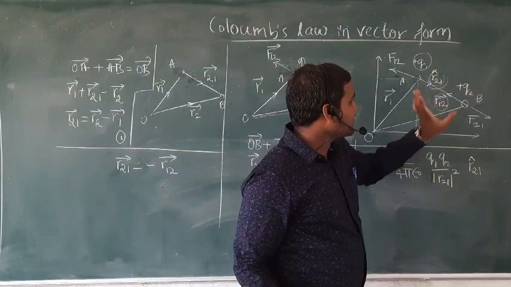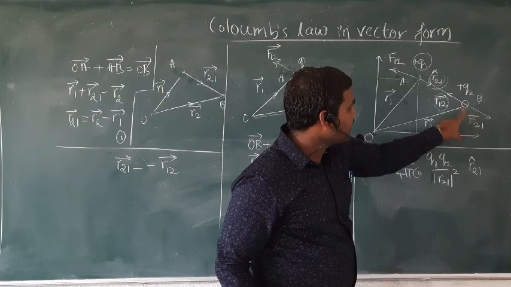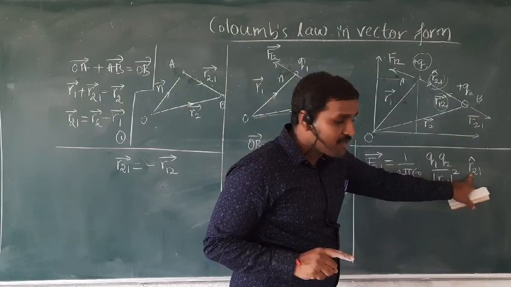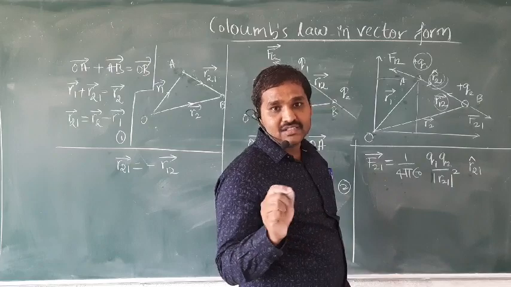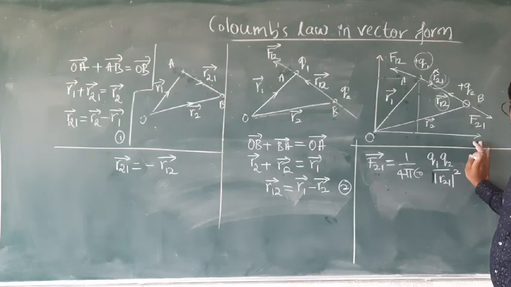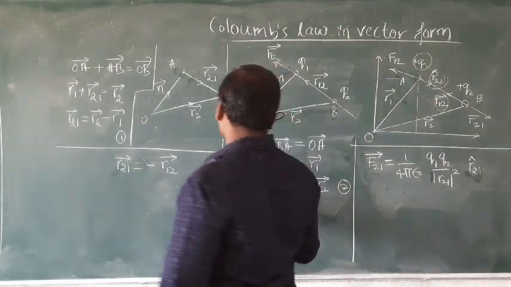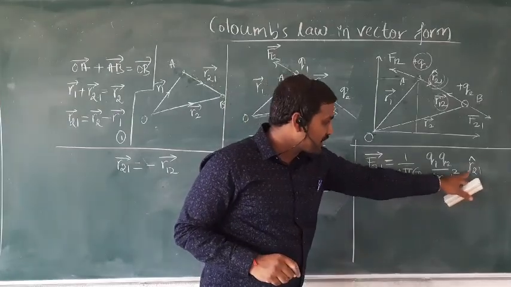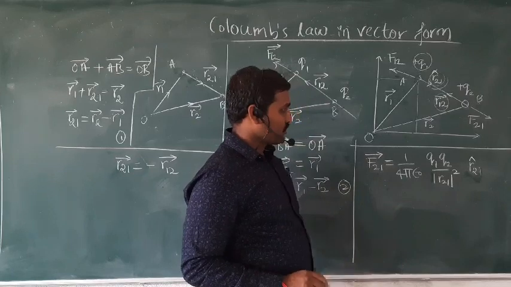When I consider the complete distance I write it as vector R21. When I consider only the unit vector, it indicates only the direction from A to B and has a magnitude of 1. By multiplying by this unit vector R21 cap, I am only assigning the force a direction, which does not change any magnitude. Writing only the earlier expression gives just the magnitude of the force. The unit vector has magnitude 1, so multiplying by it makes no difference, but by writing this I can understand the direction of this force.